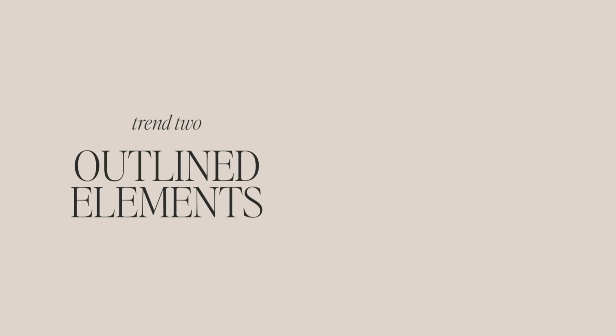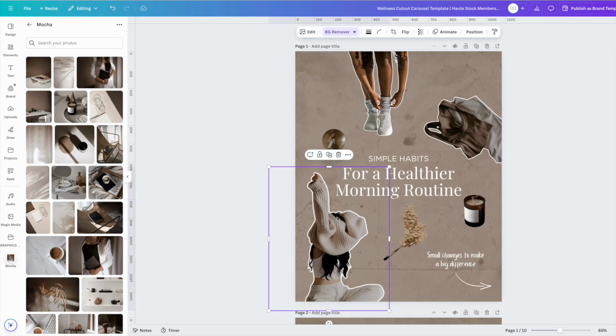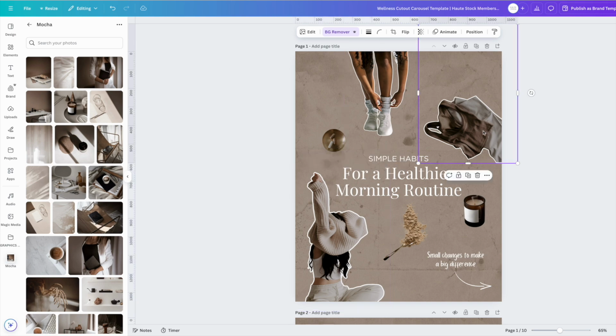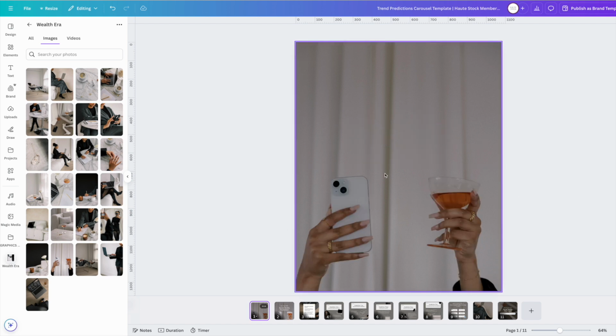Next up, we're seeing creators outline elements in their photos. So think bold white or black outlines around your subject or objects in the photo. It's perfect for drawing attention to important elements while keeping your design clean and modern. To get this effect, you can either create cutouts like we did in trend 1, or if you want to keep the background like we did in this Hotstock template, then you'll put in your background image,